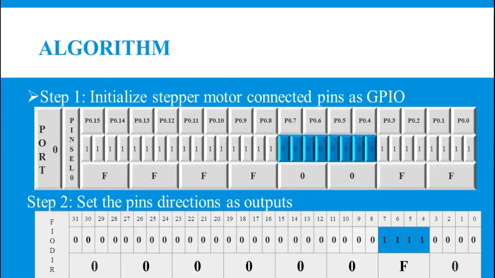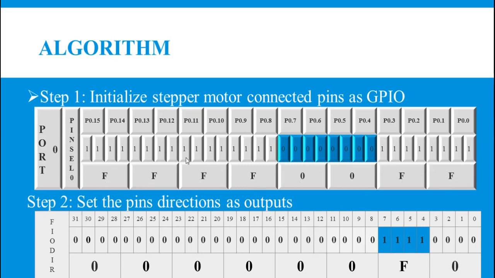After this, as usual, you have to configure the required pins as general purpose input output pins. Here the pins identified are 4, 5, 6 and 7 of port 0. So these port pins have to be configured as GPIO. So the corresponding pin selection register must be chosen here. Since these pins pertain to port 0 and are within 0 to 15, obviously you have to take the pin selection 0 register. So the particular positions of this register have to be made 0, whereas the rest of the positions of the register must be padded with 1, and the obtained value is